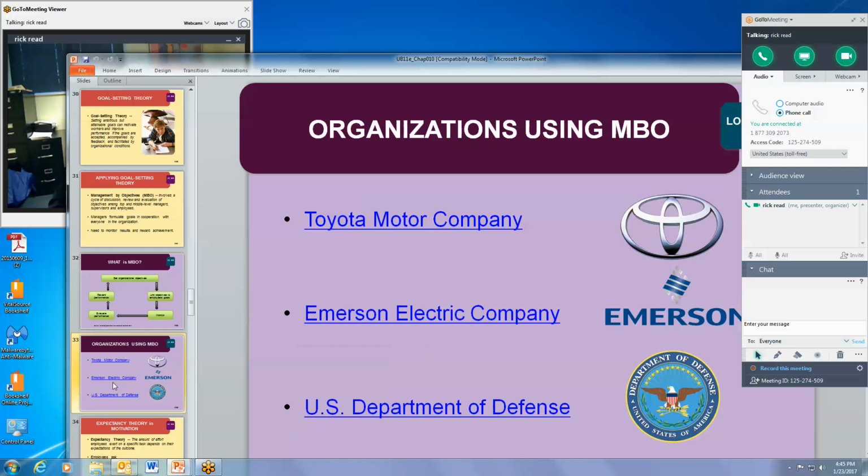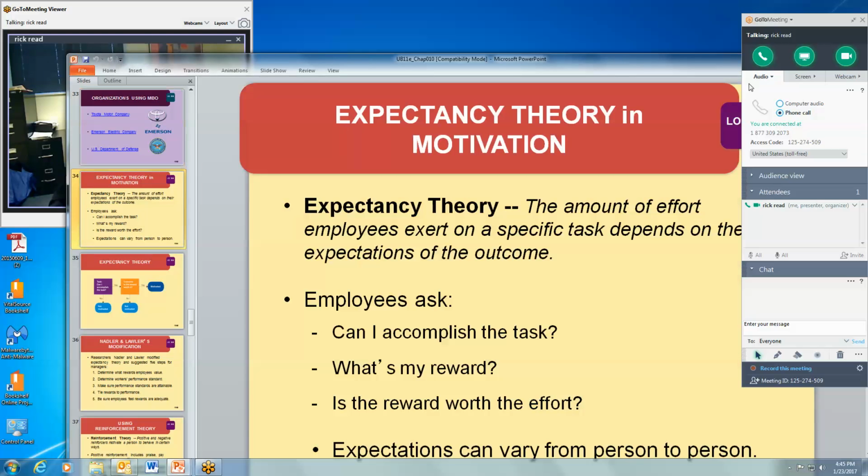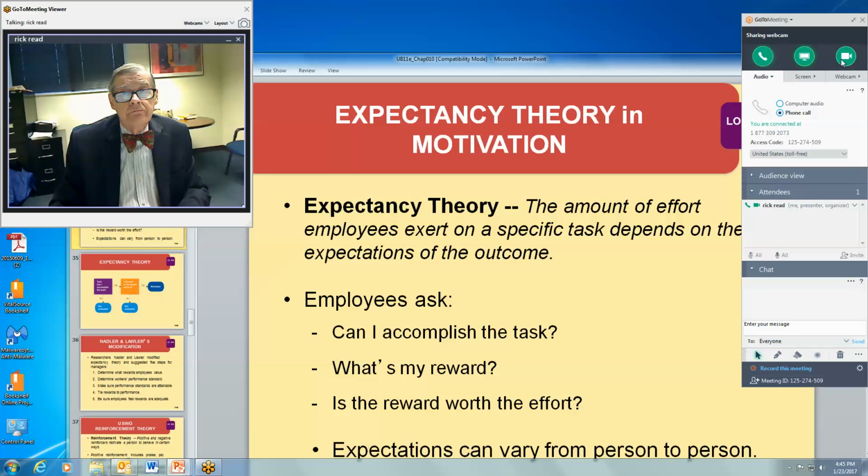These are just some of the companies that use MBO. You might be interested to find that Toyota uses MBO when we think of the Japanese doing incremental improvement. The next theory we talk about is expectancy